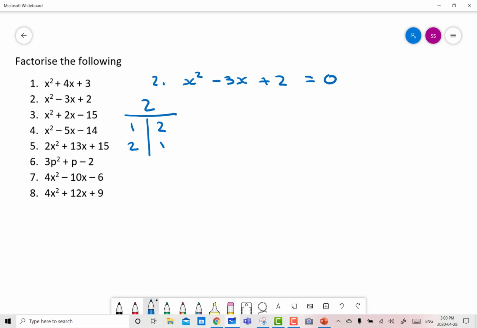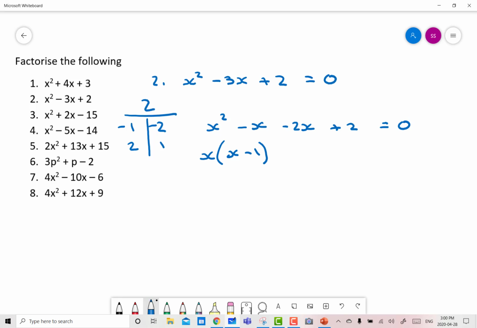So I'm going to pick on -1 and -2, because if we times those two together, we get +2. So then my expanded form will be x squared minus x minus 2x plus 2 equals 0. Factorising the left two, I'll take x out common, and that will leave me with x minus 1 in the